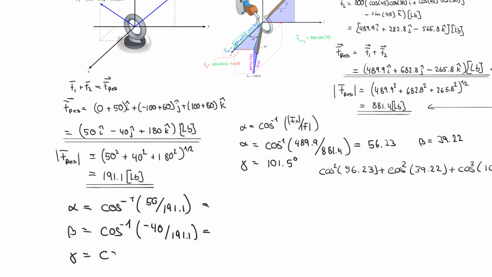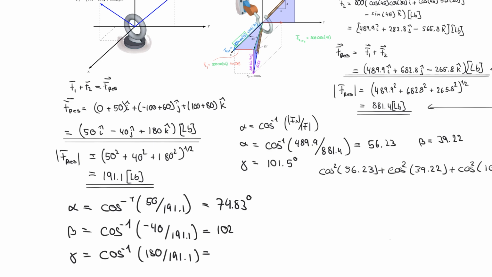Gamma is equal to cosine inverse of 180 divided by 191.1, and the answer to these problems is 74.83 degrees,